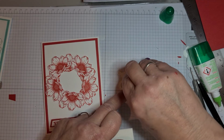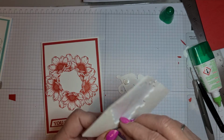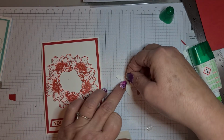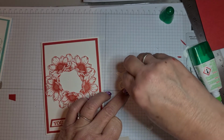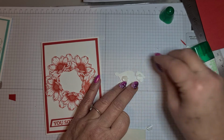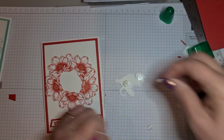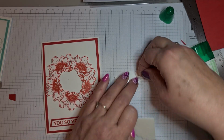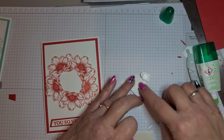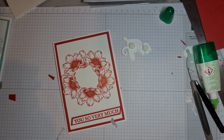So take the backing off, pop another dimensional straight on top. One in there, one on there, and that's it, done. Before I put that on though, I'm going to use my Wink of Stella, if I get the right one,